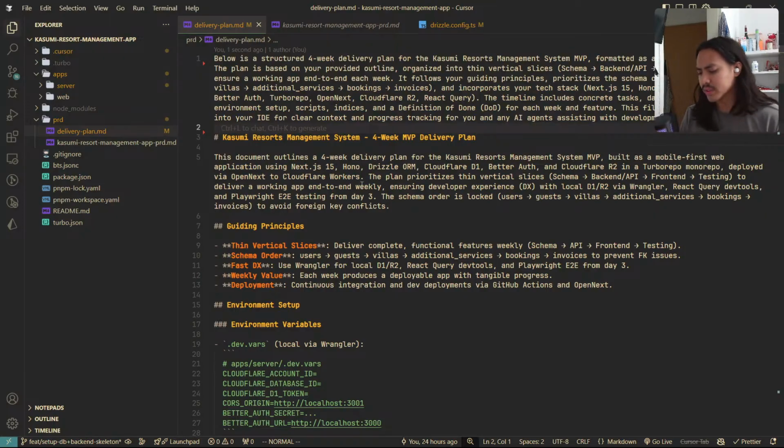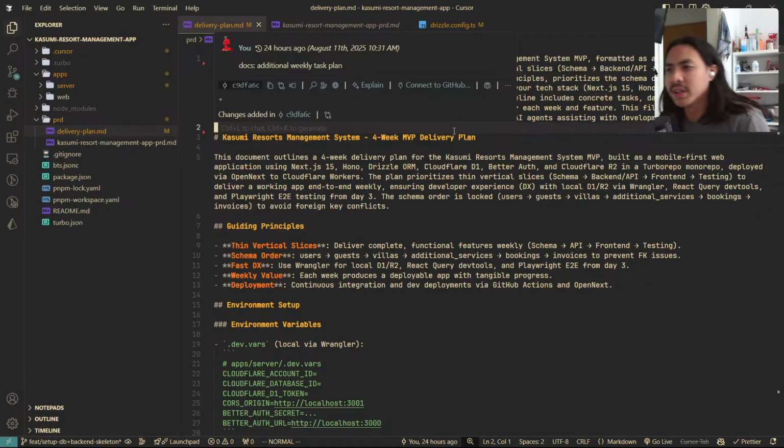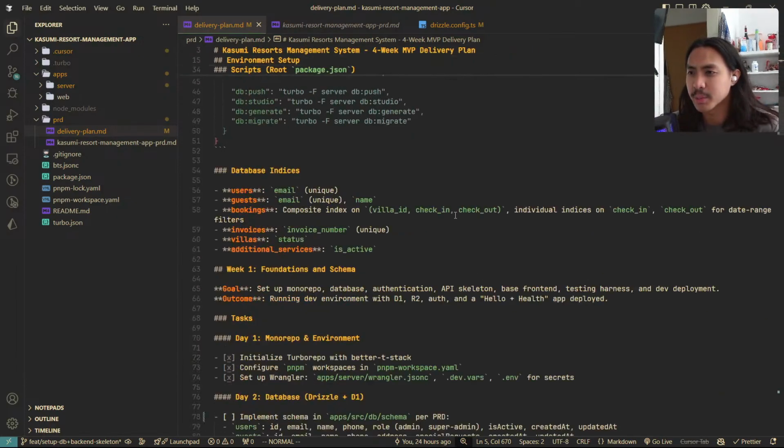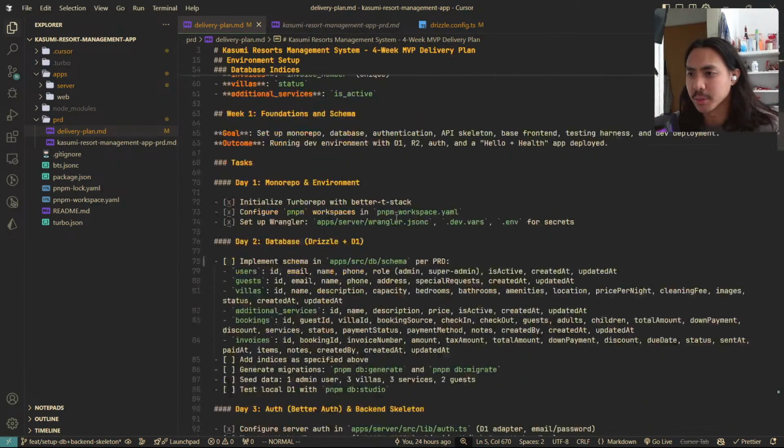Hopefully that's all the schema that we would need, so we don't really need to do any more migration stuff, because migration stuff scares me. Okay, so I think the next part that we need to do in the delivery plan is